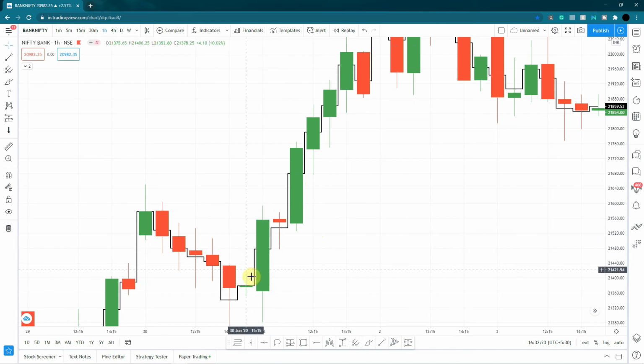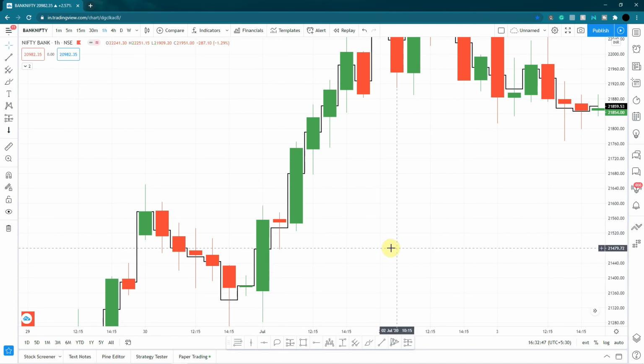Let's say you've seen this green huge bullish candle and you want to enter here. Instead of entering anywhere randomly over here or at the highs, all you're supposed to do is plot the mean, which in this case is right over here, and place a limit order right near the mean, 1 to 2 points above or below the mean. That is fine. As you can see, the next candle actually came down right till the mean of the previous candle and then went up again. And your entry would have triggered right over here, which is a way better entry instead of randomly taking an entry right over here at the highs.